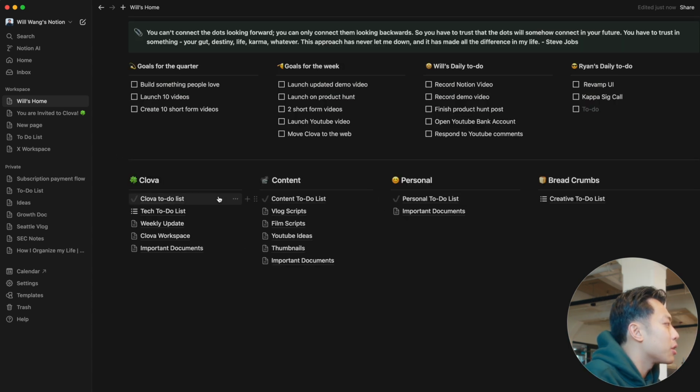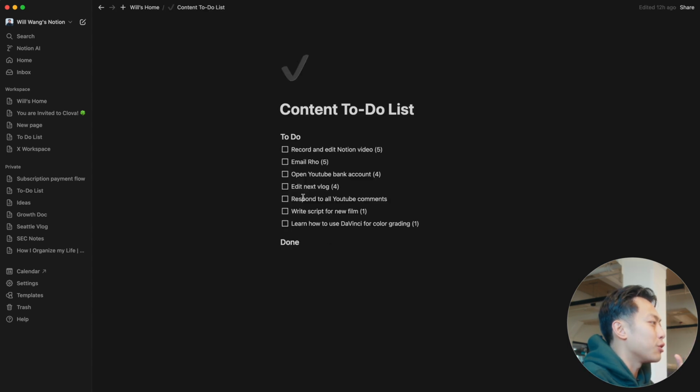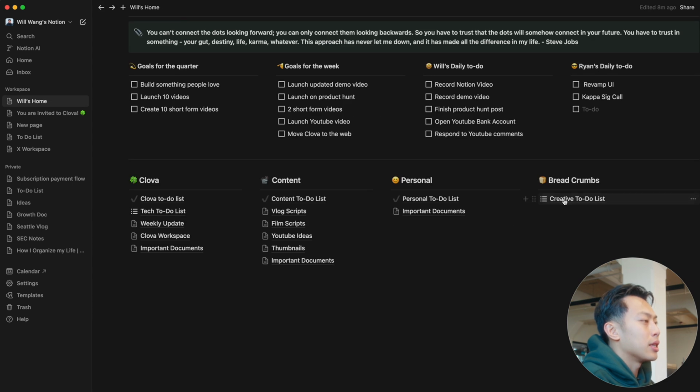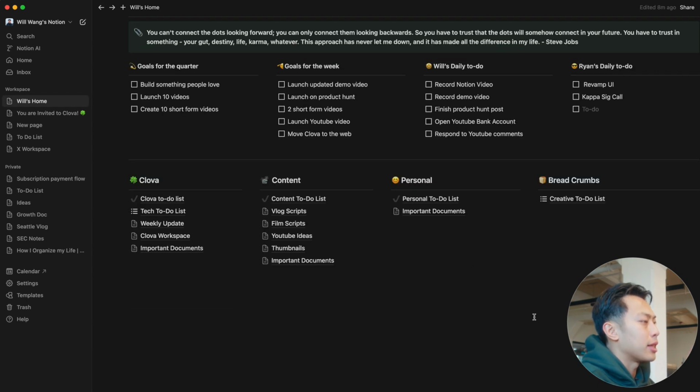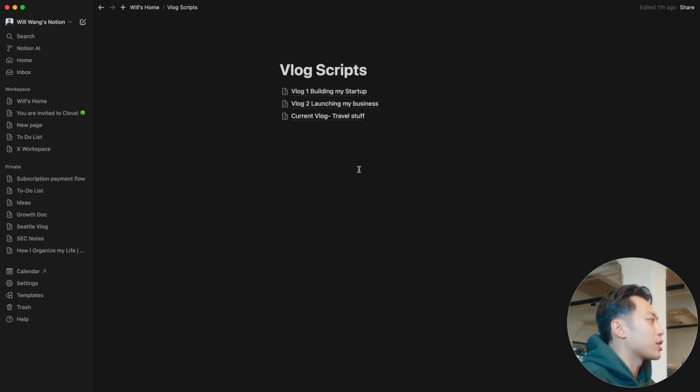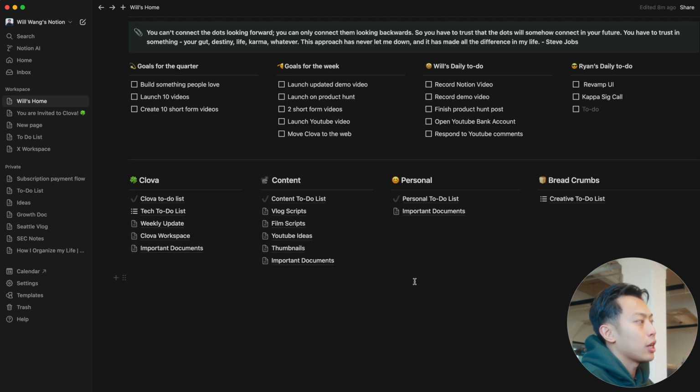Within these, I like to call them different brains, because when I'm working on business, content, or personal stuff, I have a different mindset for how I approach these things. To keep everything simple, there are only 3 types of pages I have. One is a to-do list page. The second is one of these project management pages that are very useful for building the technical product or features, and for these breadcrumb ideas I have. And lastly, just classic Google Docs stuff down here as well. That's where I write my scripts for my videos or different documentation I need to write down.